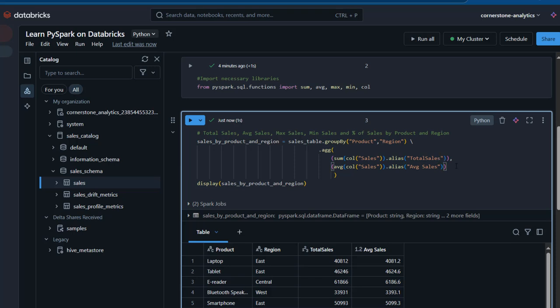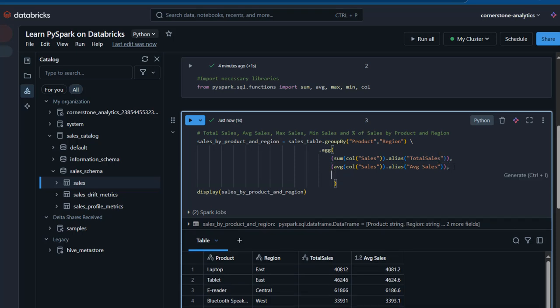Then we can continue in that line, put in a comma, press Enter, and open the bracket to isolate the max. So max, open another bracket, open the col function, open another bracket, and inside double quotes I want to call the original sales column, put in the dot, and we can see the alias here. Inside double quotes I'm going to call this one max sales, and then press Control Enter to run the code. There we go. The largest individual sale in the East region for laptop is